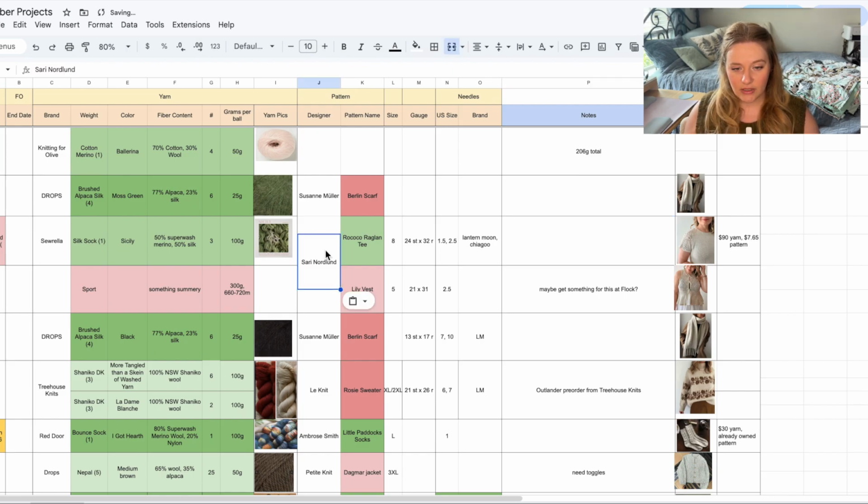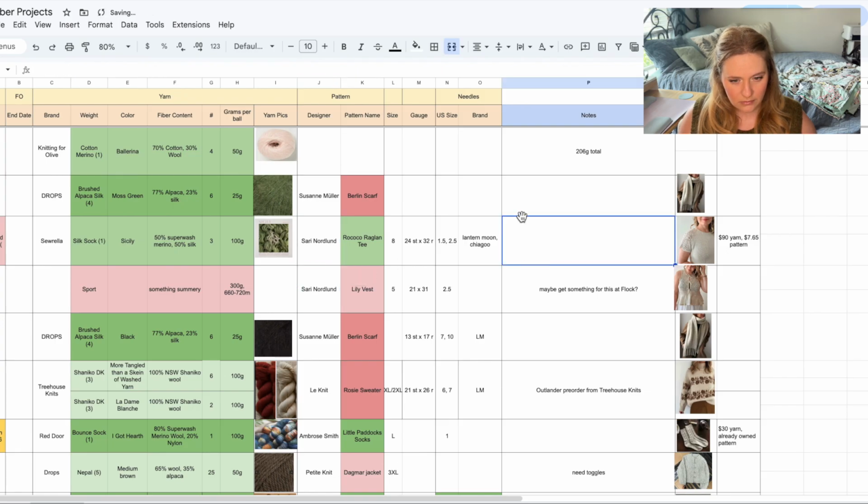The next thing I have in here is the Rococo Raglan Tee. This is a pattern by Sari Nordland, which I can also move up here. Ooh. Why doesn't this one work? There we go. This is the Rococo Raglan Tee, which I was planning on knitting out of Sorella's Silk Sock